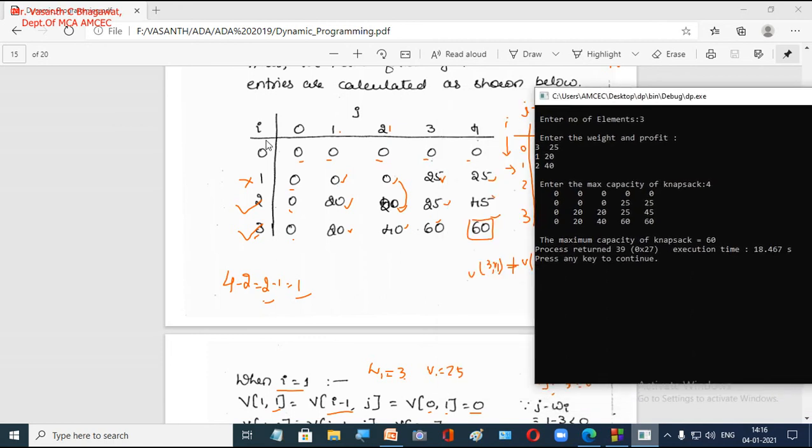Now observe this. So now this is your J value, right? That is the capacity of the knapsack. It starts with 0, 1, 2, 3 and 4. And I, column. So these are the items: 0th item, first item, second item, third item. Now what we want is the maximum capacity of this knapsack. When you are having 3 items and the capacity is 4, what is the maximum profit you are going to get? 60. Now you can see this one. This is our answer, and you are returning that in our program. You are returning the last value.